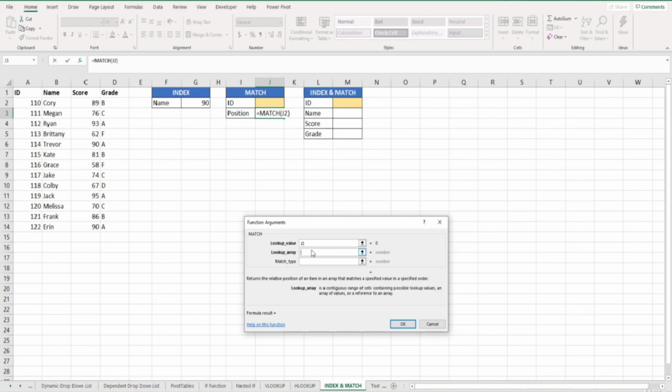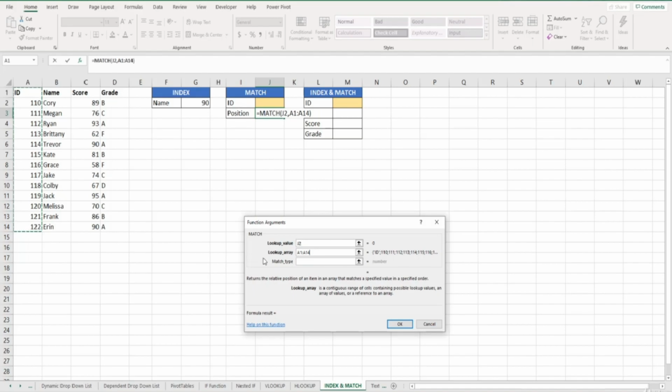So within the match function, this array can only be a single row or a single column. So the range of cells containing possible matches is our ID column, because our lookup value is the ID number. So let's select our ID column,